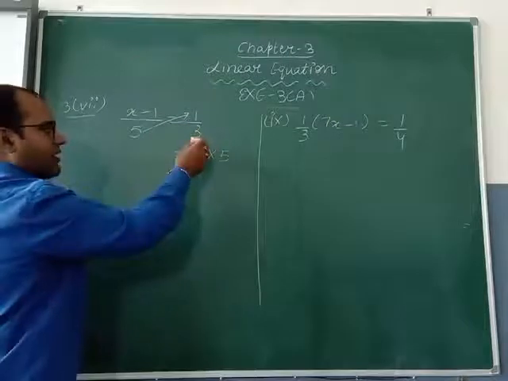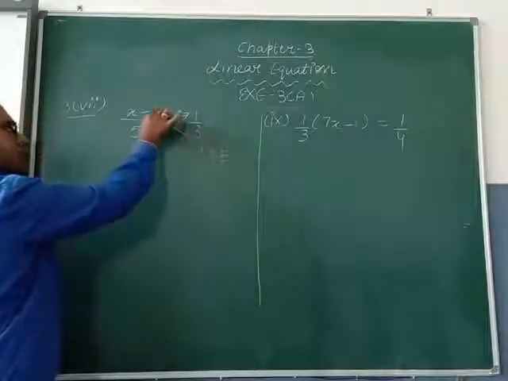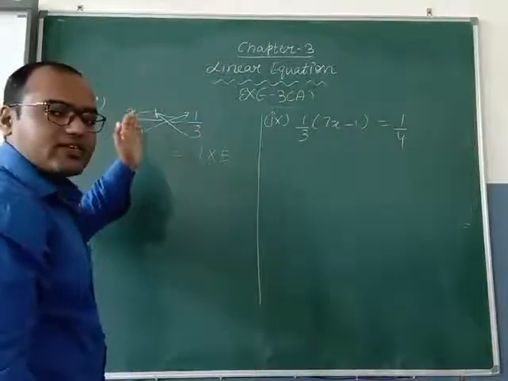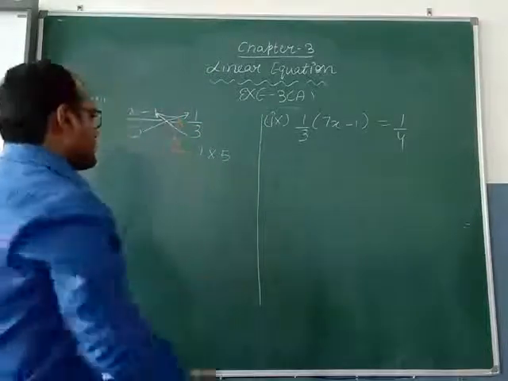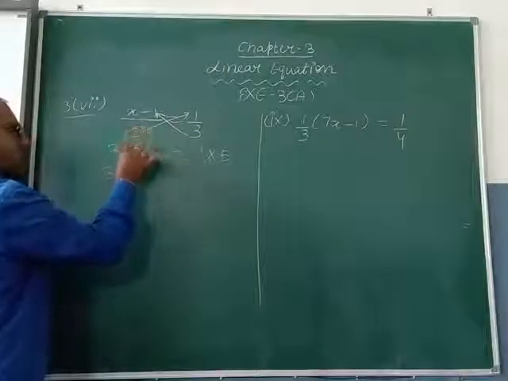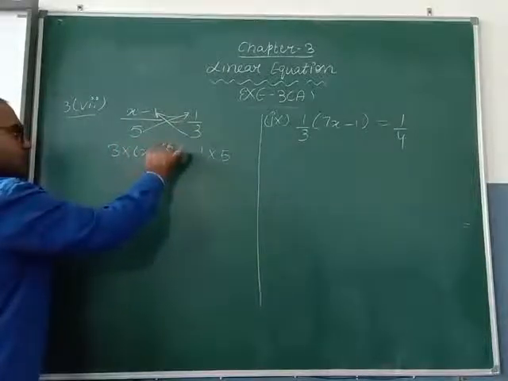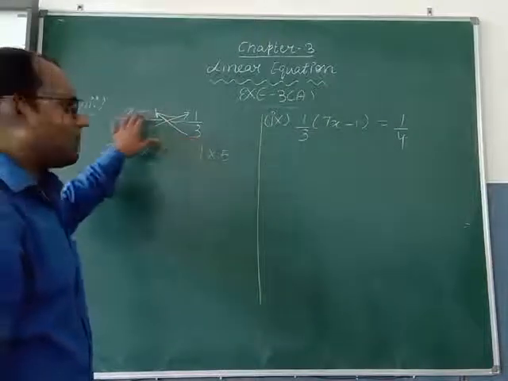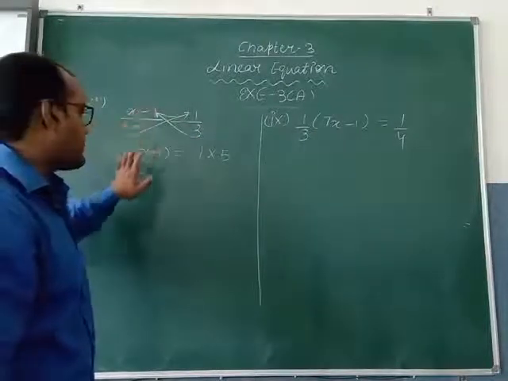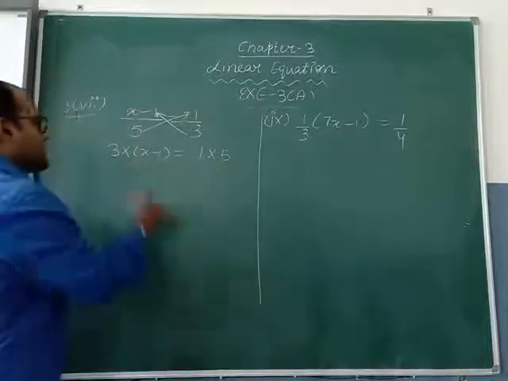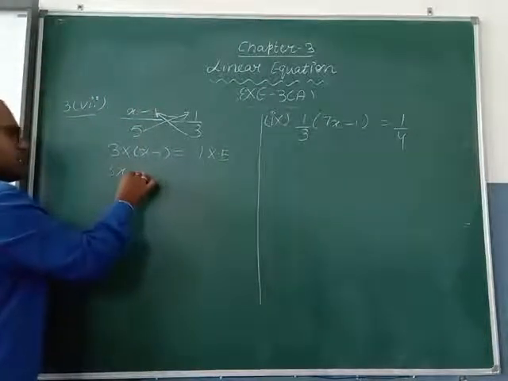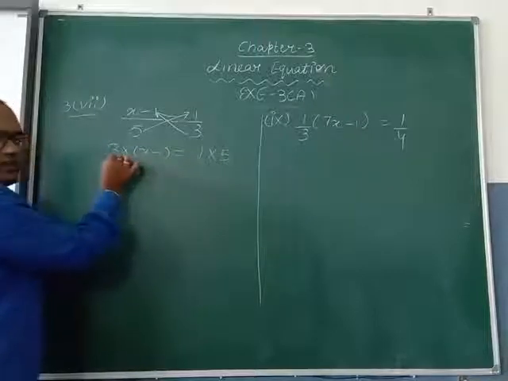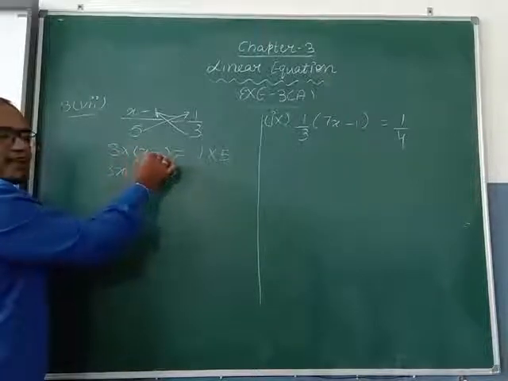This 3 is in divide on the right hand side. We will bring it to the left hand side. Here it is in divide, on the left hand side it will be written as multiply. So we have to write 3 multiply (x minus 1). So x minus 1 you have to write in the bracket. This 3 we have to multiply with both the terms, that's why we are taking the bracket. 3 into x is 3x, plus minus minus 3 into 1 is 3. This 3 we have to multiply with x as well as with 1.